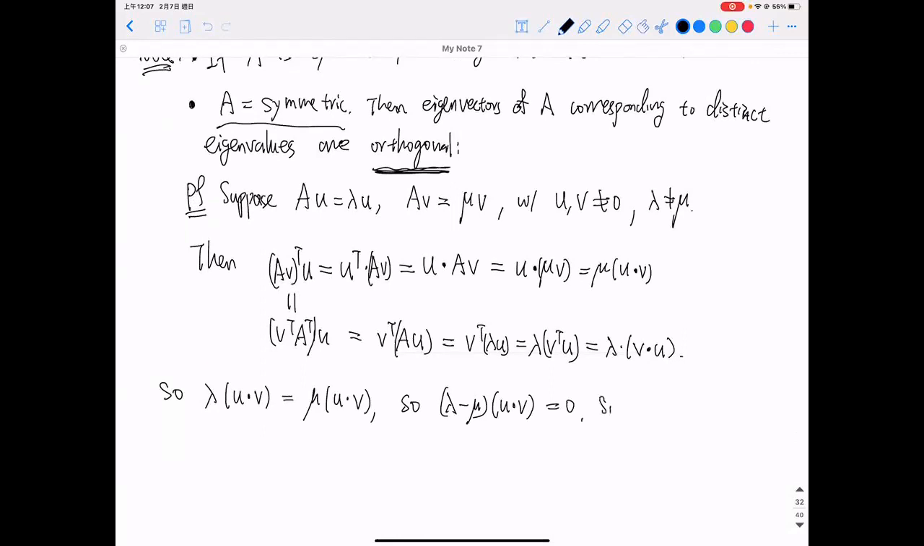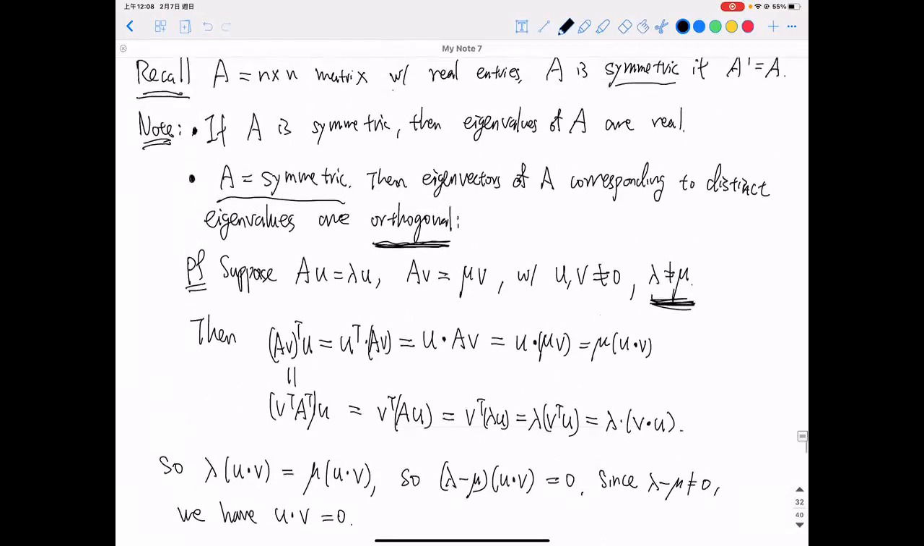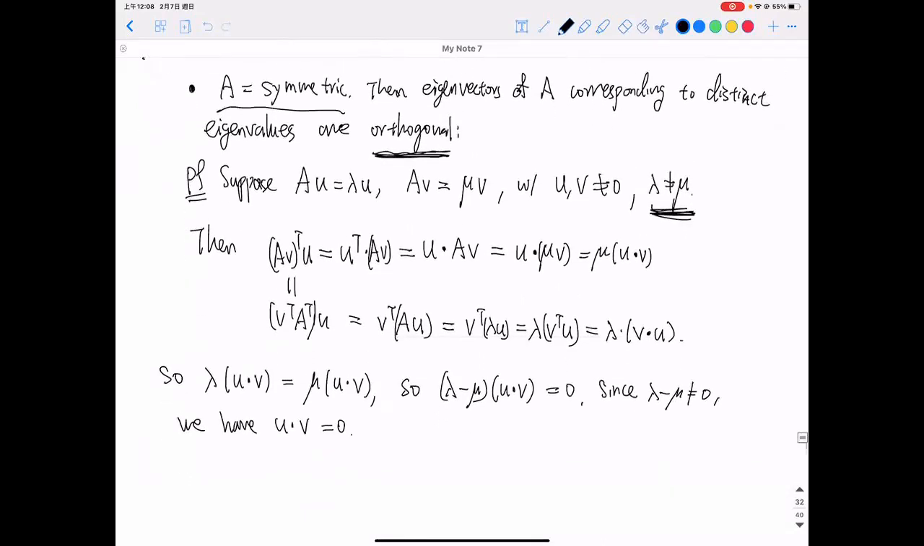Okay. Now since lambda is not equal to mu, lambda minus mu is not 0, we have U dot V equal to 0. That's exactly what we want, because that's the definition of U and V being orthogonal. Okay, so